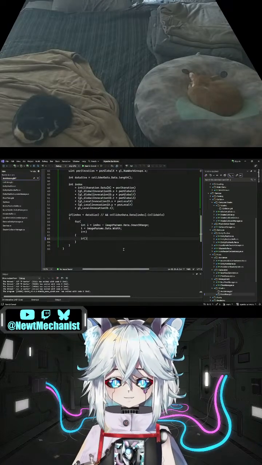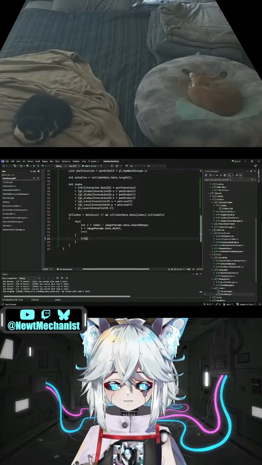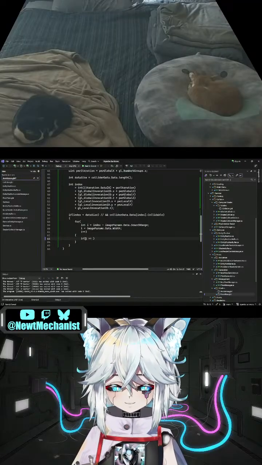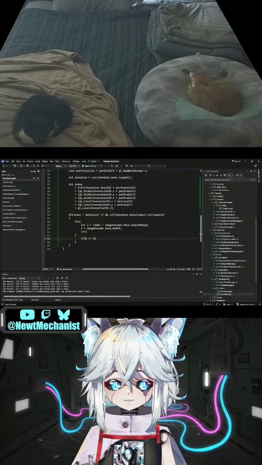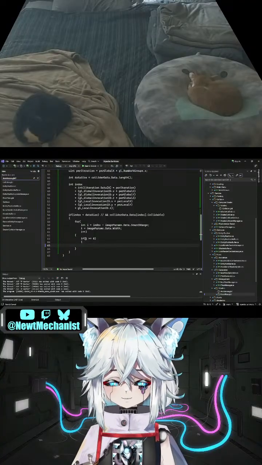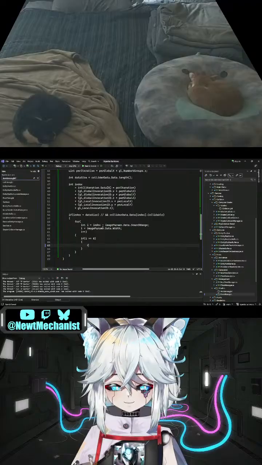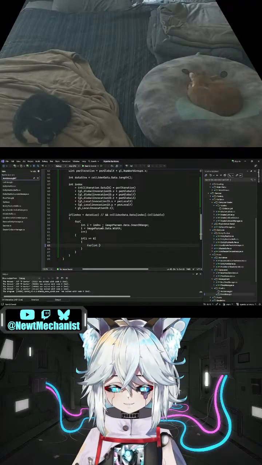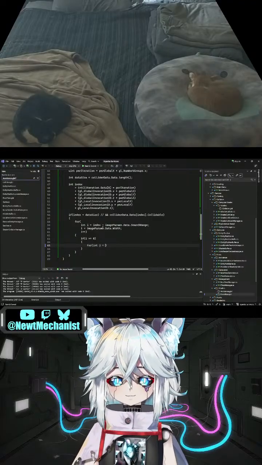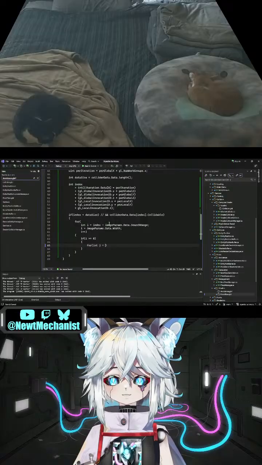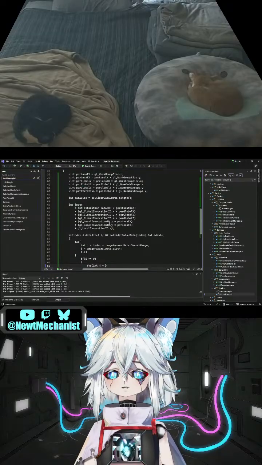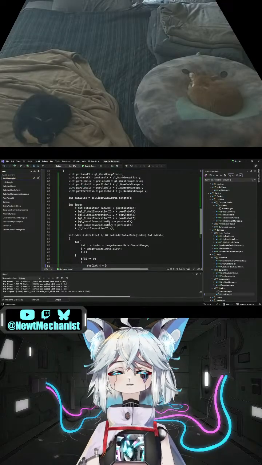So this is if i is greater than or equal to 0, then for j is equal to, oh no,